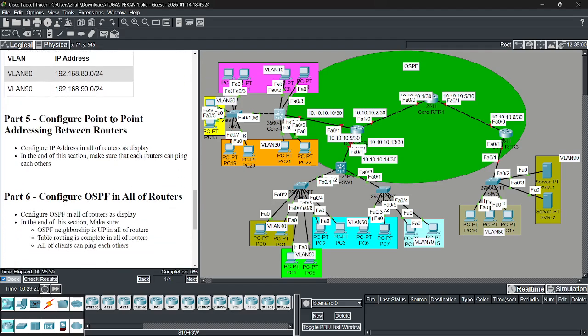Part 5, configure point-to-point links. Configure IP addresses on all routers as displayed.